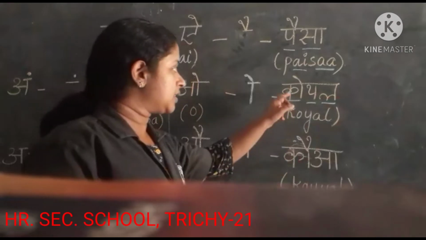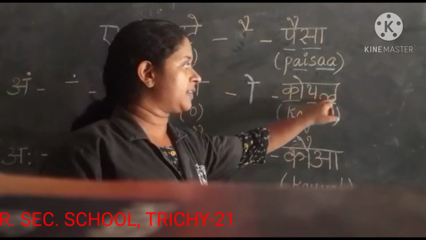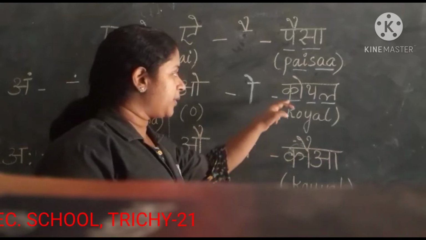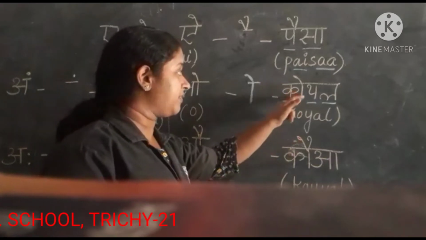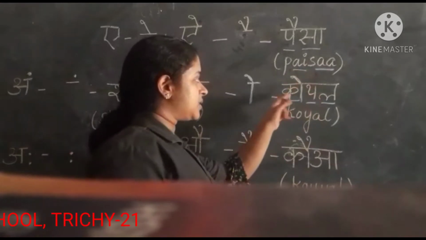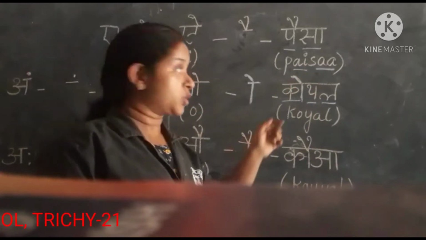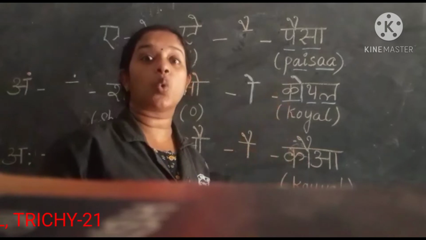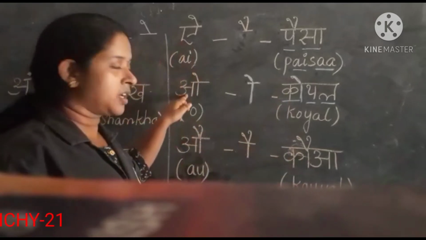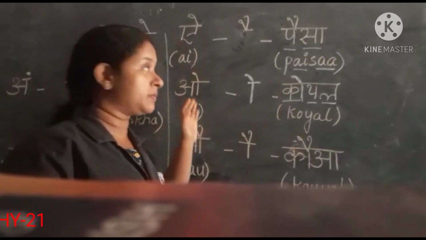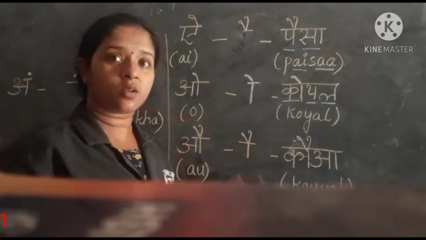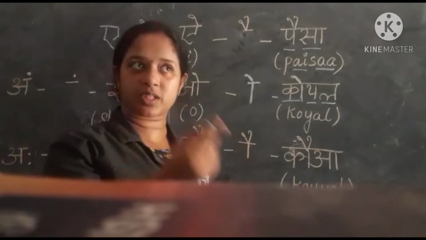Three-letter word. Ka, ya, and la. All three letters are consonants, and you can see at the left side of the consonant ka, I have used the symbol of O here. So ka will change to ko. And you already know that the vowel O, that is swar O, we know in English as O, the English letter O. O as in orange, isn't it?